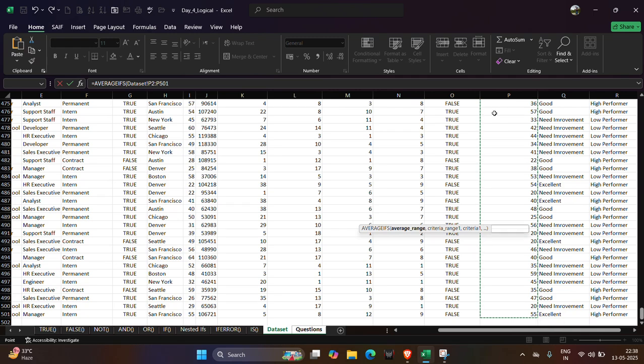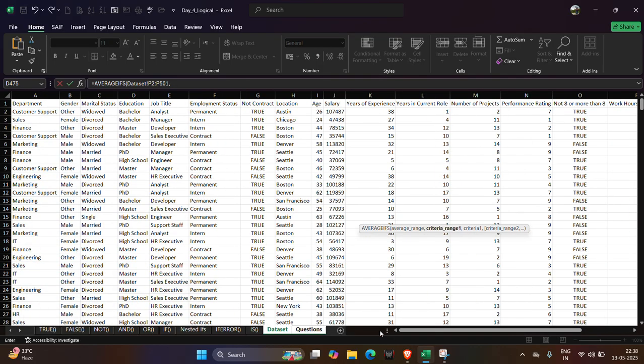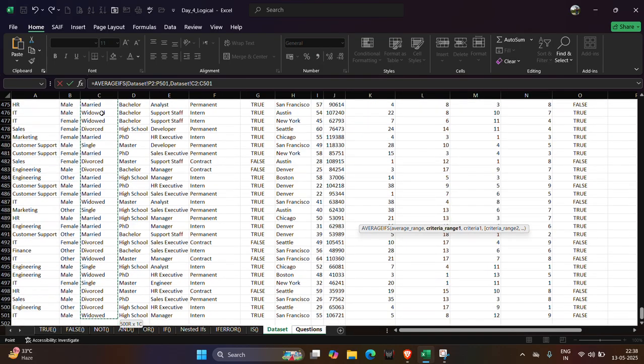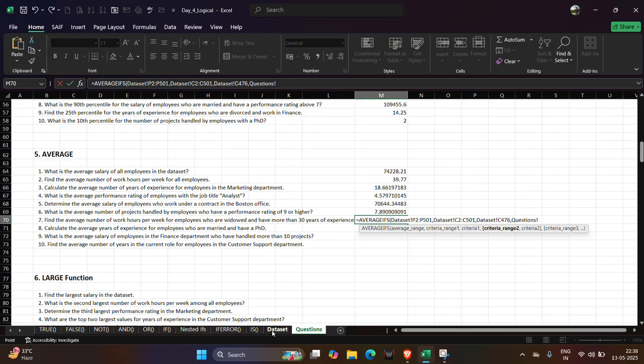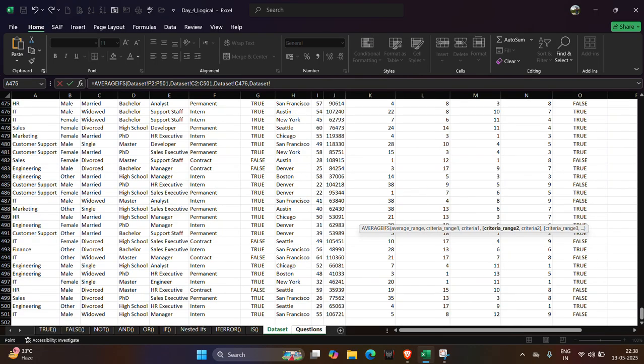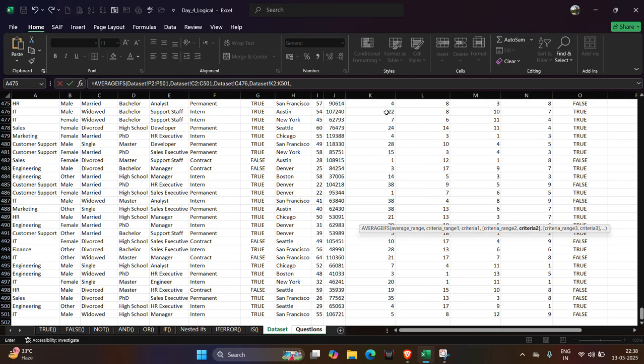Okay. Then criteria range 1. First, I remember, marital status should be widowed. Criteria range 1 we have selected. Now the criteria is widowed. Now range 2, what was that? More than 30 years of work experience. Work experience, years of experience. Range 2, this should be in double quotes, greater than 30, close the double quote, close the bracket,